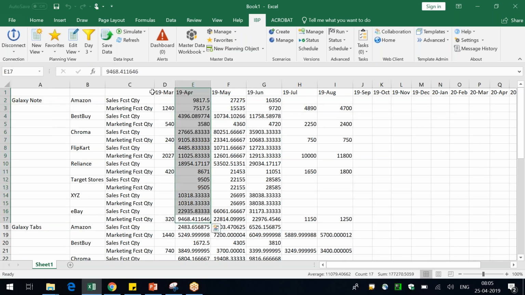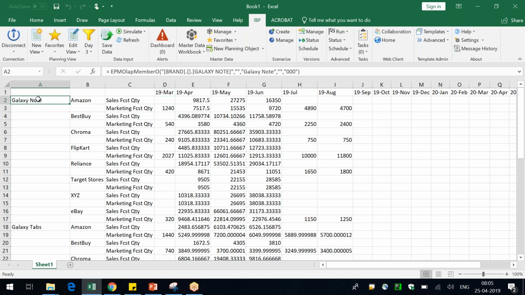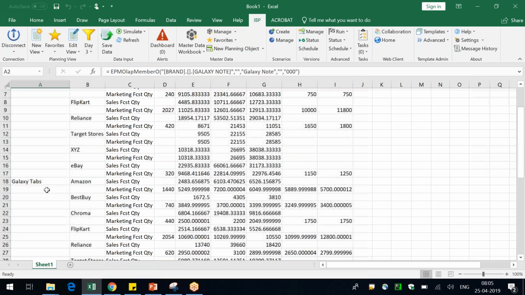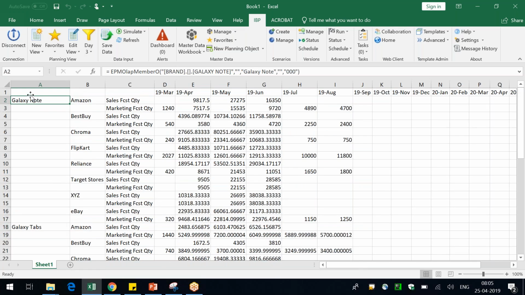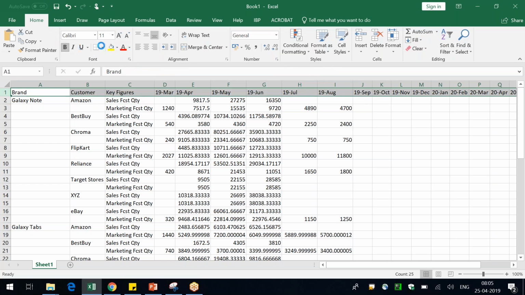And so now let's say that this is a report that you want to live with. This is the report that you want to open every day. You are really interested in these brands, Note and Tab, and then a smartwatch. You're responsible as a planner. So now what you can do is, I'll just say that this is the brand, and this is the customer, and these are the key figures. I'm highlighting them, putting in bold, and giving some color. And then also let me